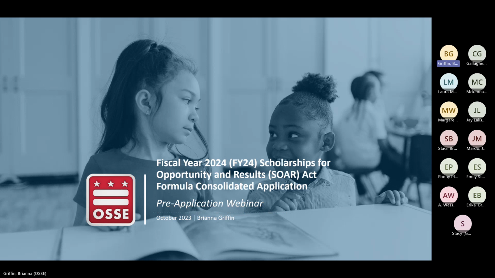It's a great resource, we think, for completing your applications this year, whether you're a new staff to your LEA or completing the application for the first time on behalf of your LEA, or if you're an experienced staff person as well. We think this will be a great resource for everyone and hopefully cut down on the amount of back and forth that we have to do throughout the application approval cycle.